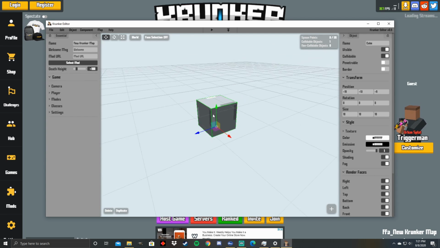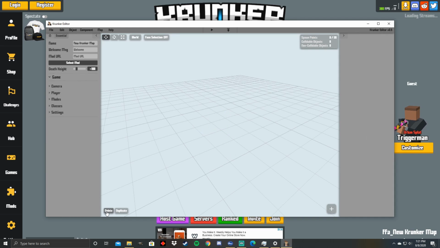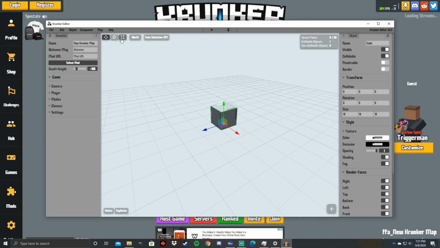So I'm going to delete this cube right here. You can press this delete button if you want to delete something, or press the delete key on your keyboard, but I'm going to put in a new cube, and we are going to get into this tool right here,